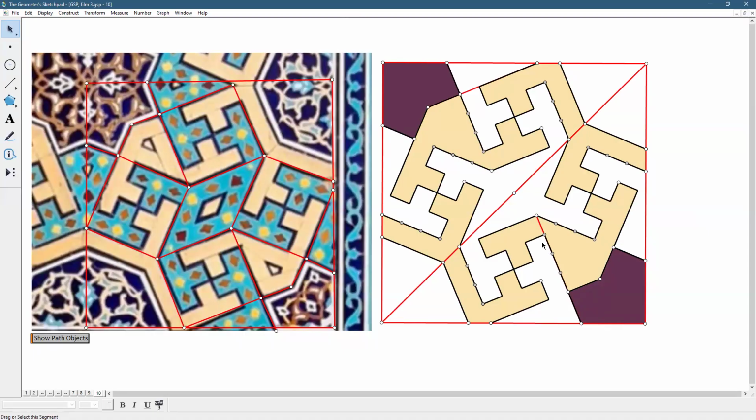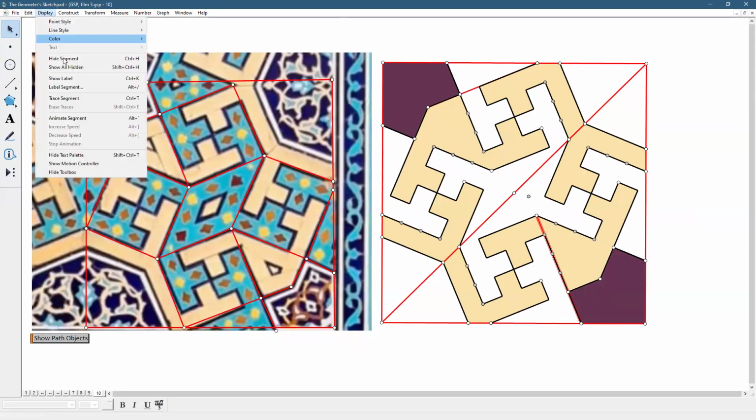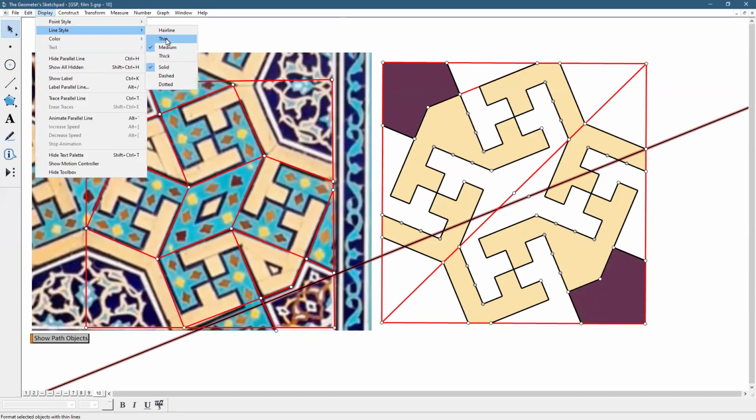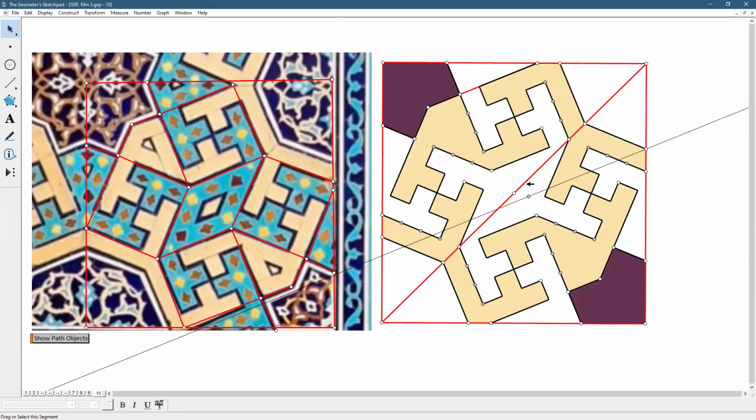Double click, take this point, transform, reflect. Okay, so this distance is exactly like this white here. Okay, I don't need this. So I got this, and now construct parallel line. Yeah, but make it thin. Okay, now